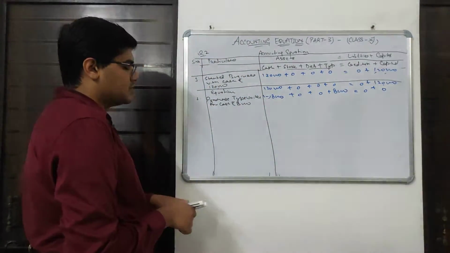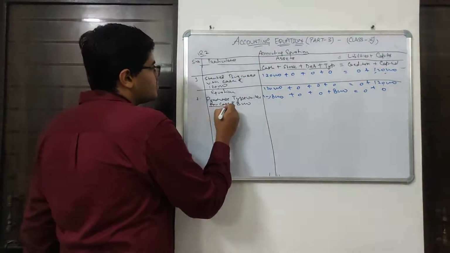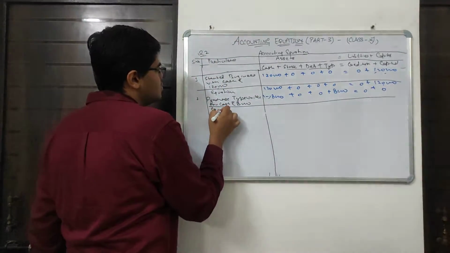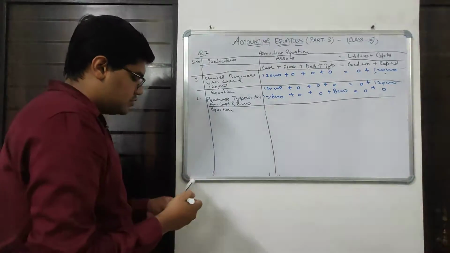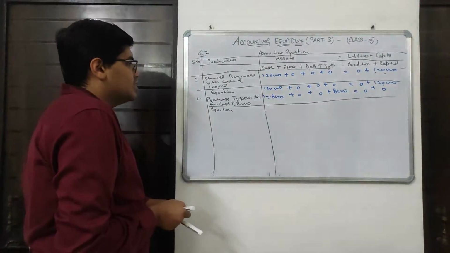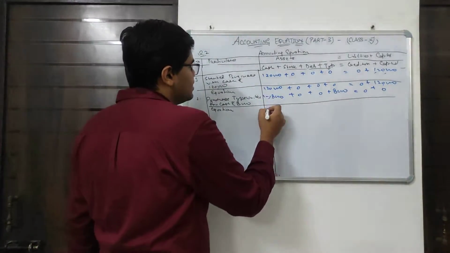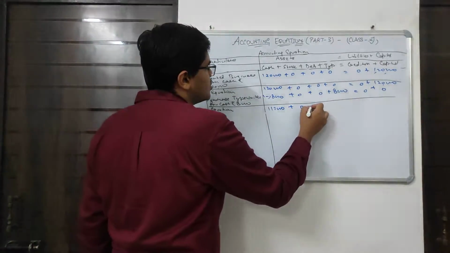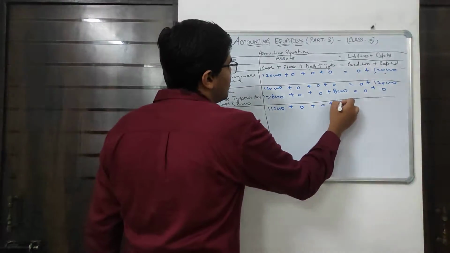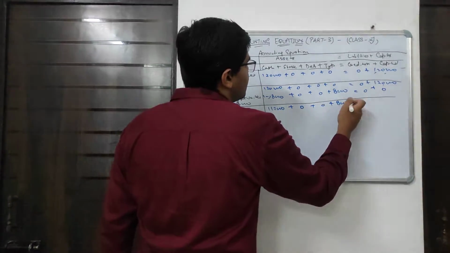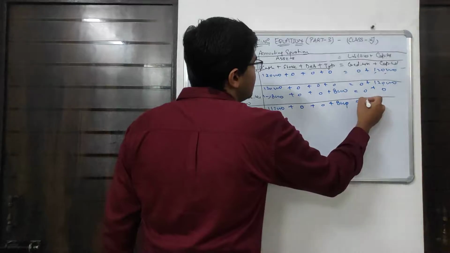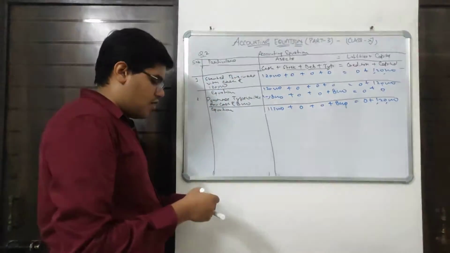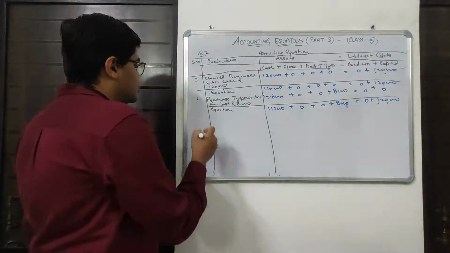So our equation gets framed. Now let us see whether it is balanced or not. Equation: 1,20,000 minus 8,000, that is 1,12,000 cash, no change in stock, no change in debtor, 8,000 will be added to typewriter, no change in creditor, 1,20,000 capital. Now moving on to the third transaction.